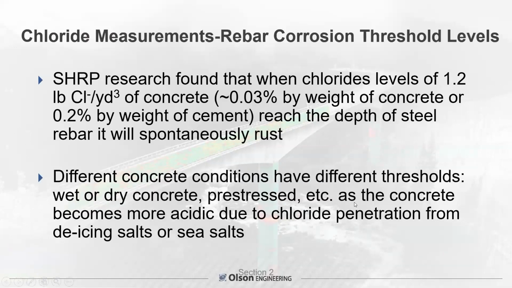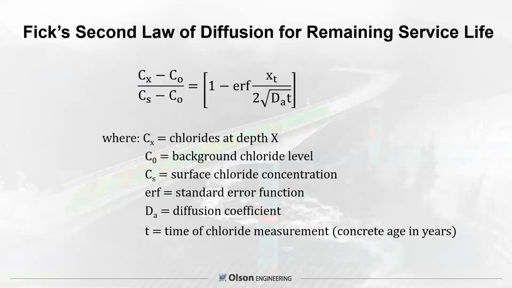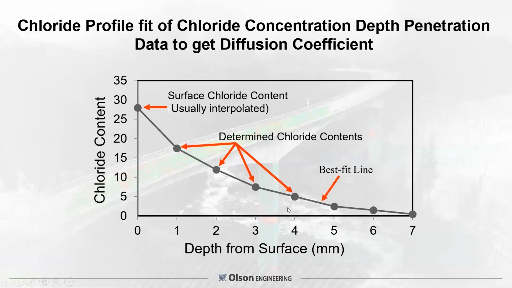It can vary, of course. You always should check the steel for actual corrosion. But it usually comes from de-icing salts or if you're close to the ocean, sea salts. Fick's second law of diffusion for remaining surface life is commonly used. With this equation, knowing the age of your structure, the chloride levels, you can determine the diffusion coefficient for the, say, 40-year-old bridge. Then you fit that data, the best fit line. You can use the least squares approach from your data, usually interpolate the surface because that often gets washed out